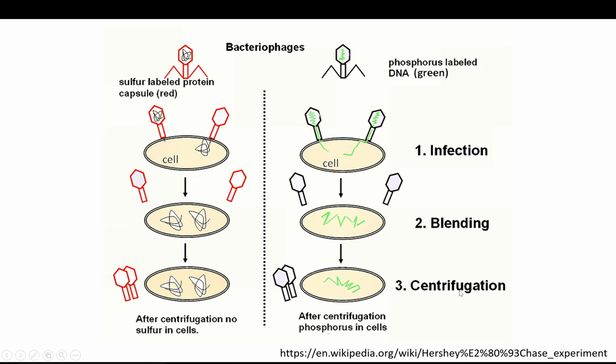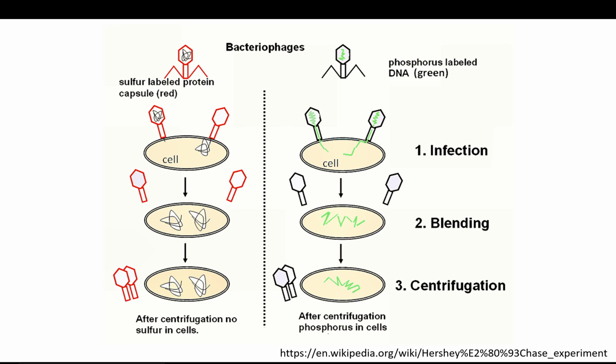However, in the sample where radio-labeled phosphorus was added, there was phosphorus found inside the cells. So they concluded that the phosphorus-containing component is what is getting transferred into the